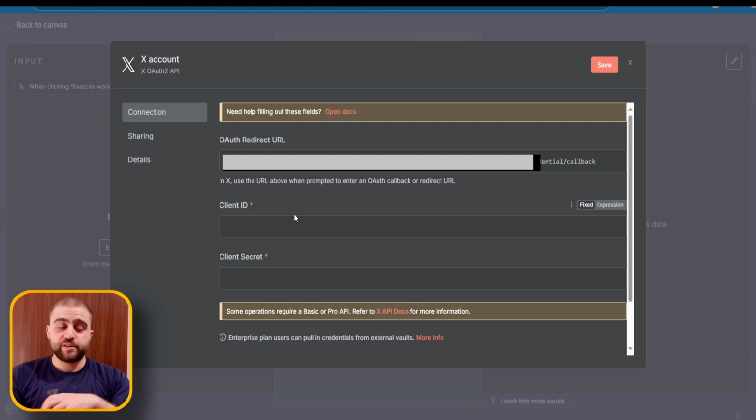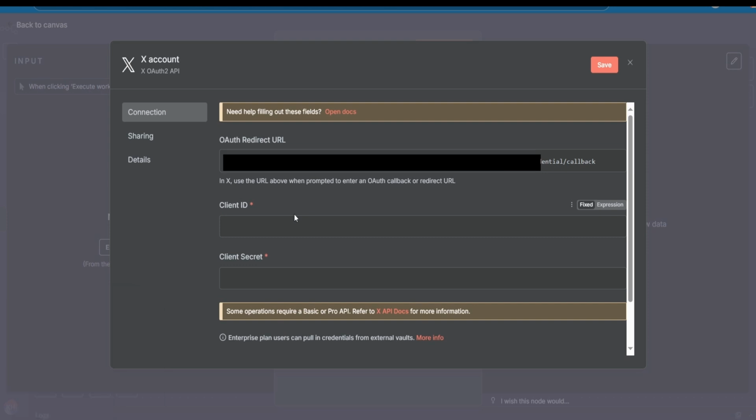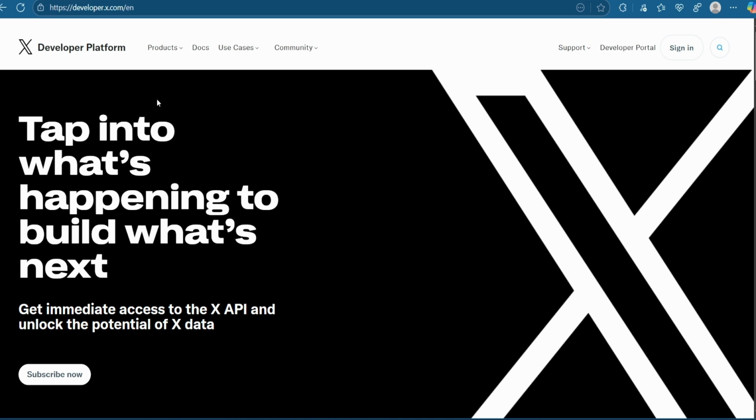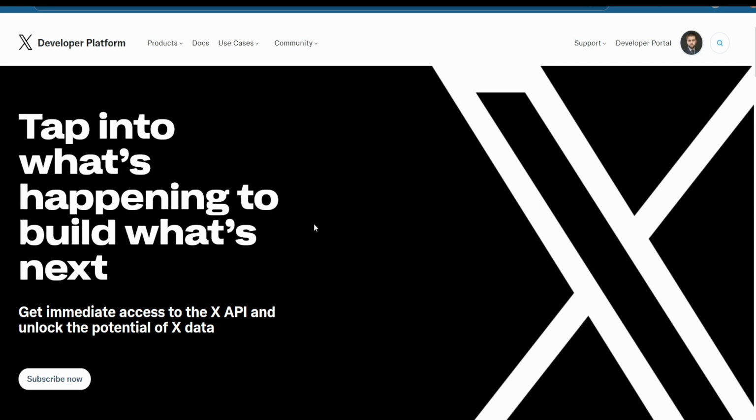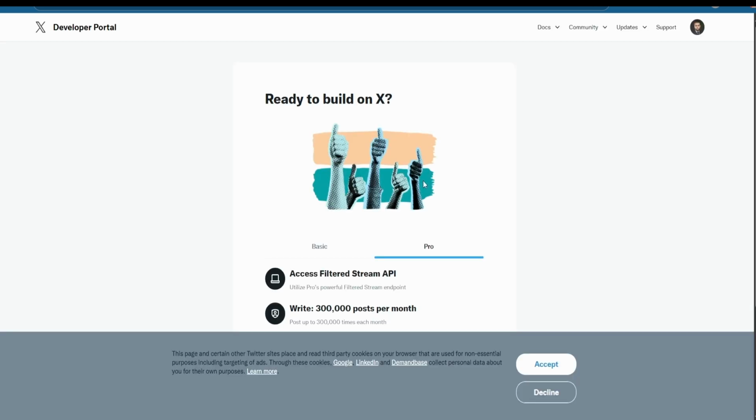I'm going to show you how to get your credential for X. To get our X credentials for n8n, first we are going to go to the website developer.x.com, hit on sign in, then sign in or sign up for your X account. Then it will go back to the website, hit on developer portal,